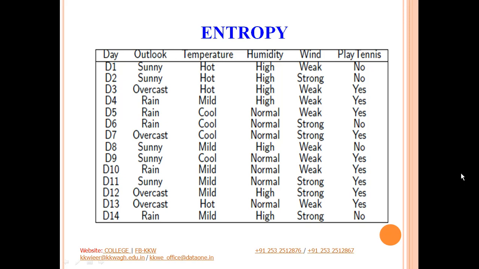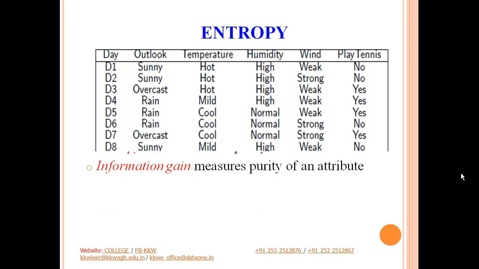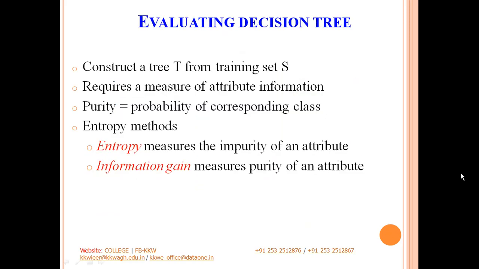Now how do we proceed with the construction of this decision tree? In the previous example you have seen we chose gender as our root node. So how do we know which of these attributes has to be selected as the root node? Then how do we know which attribute we have to select at the next level, towards the right branch and towards the left branch? How do we select those attributes? For that purpose you need a certain measure of attribute information. What is that? There are 2 types of methods that we can use. The first one is called entropy and the second one is called information gain.